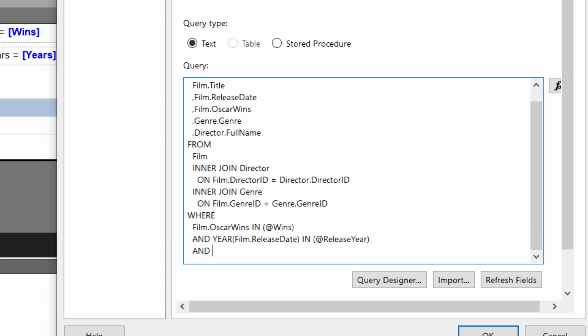Say and. I can refer to the genre name field if I liked here. So I've got the genre table in my query, so I could refer to the genre name, but it's probably more efficient to refer to the genre ID field instead and apply my filter to the list of numbers rather than the list of text. So I'm going to refer to the film.genreID and check to see if that is in a new parameter wrapped up in some round brackets. I'll call this one